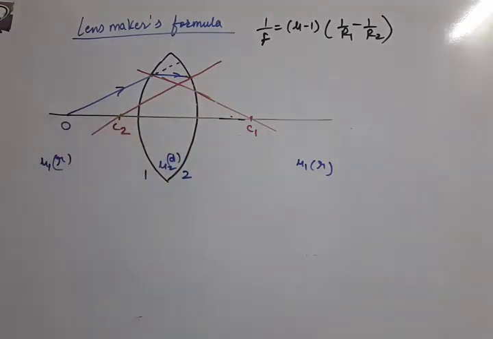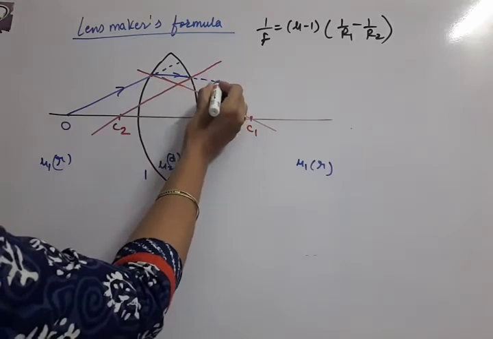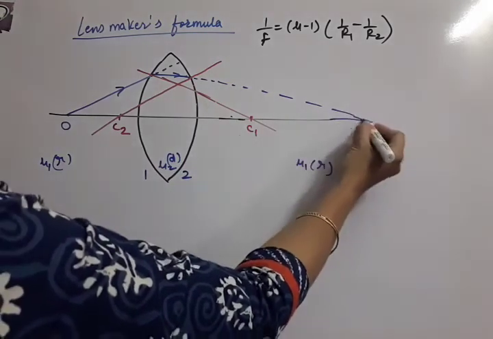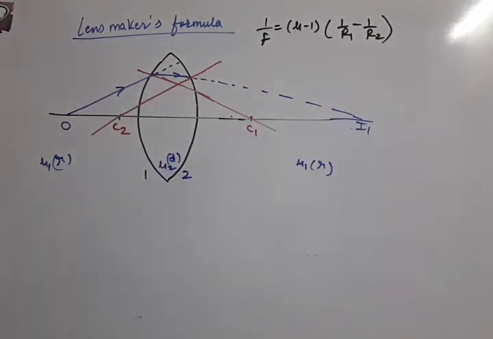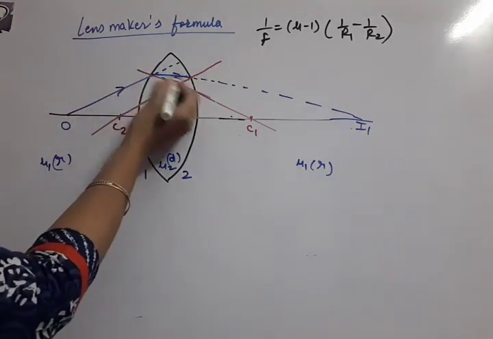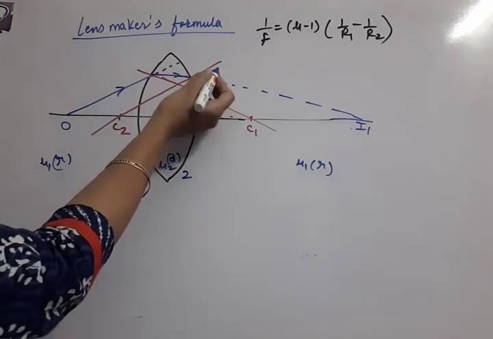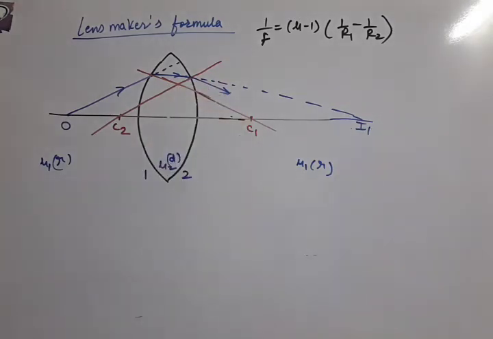Second, this is the second normal. Now this ray, if there is no change of medium, it should pass like this. So the intermediate image should be formed here, but actually this ray has to bend. Where will this ray move? This ray is entering from a denser to a rarer medium. Rarer means it should turn away from the normal. That's why it will turn like this.